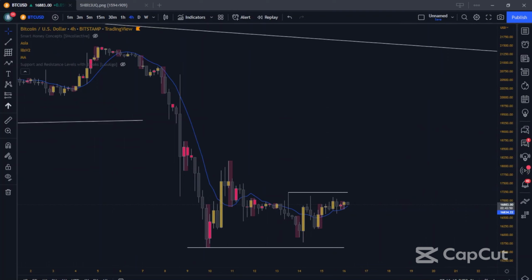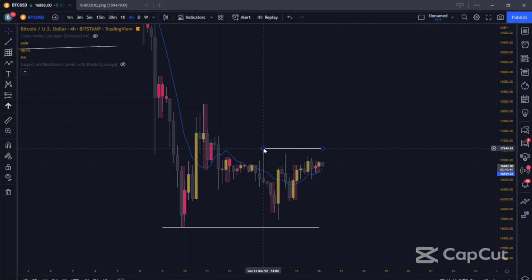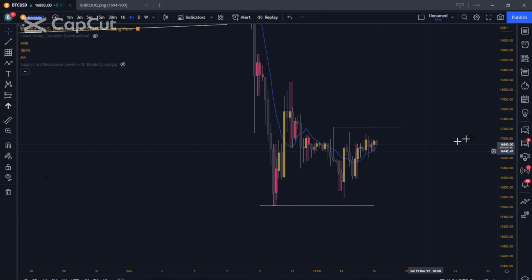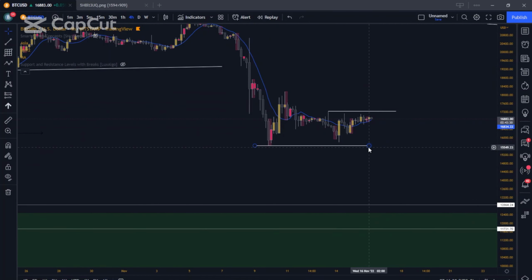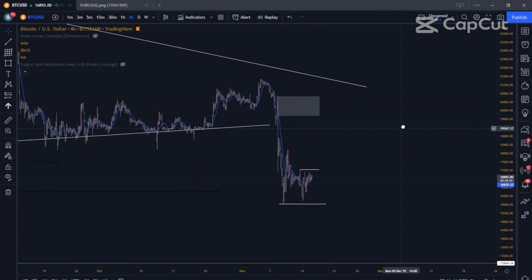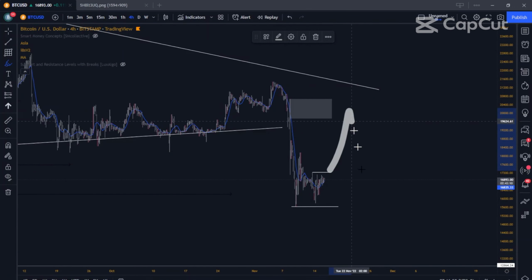Bitcoin. Right. We still got this high that's taken liquidity. If we break this high, we can definitely see longs on Bitcoin, but ultimately I'm still waiting for this imbalance to be met down here. So waiting for a break of this low. If price does go higher, it'll probably tap into something up here. But I don't expect highs on Bitcoin. It might come up to ultimately come down.